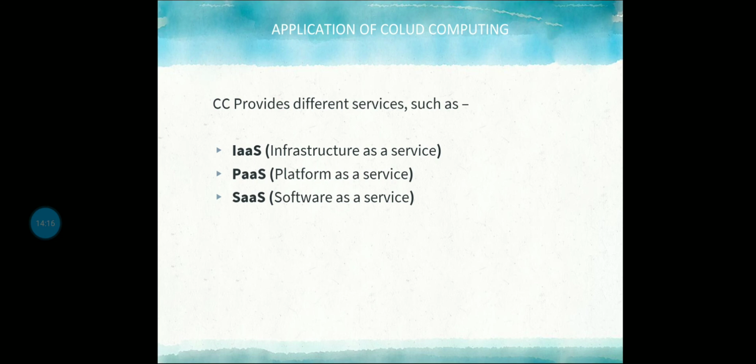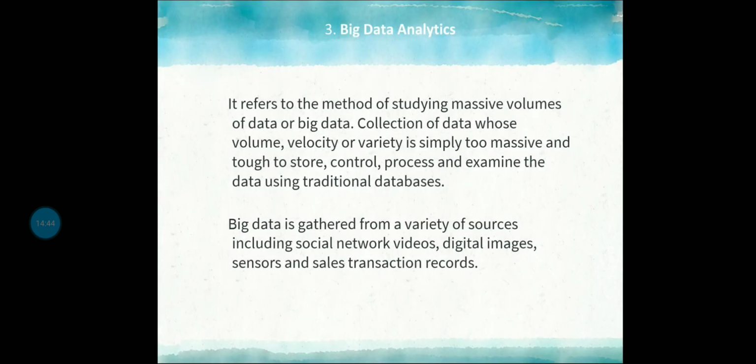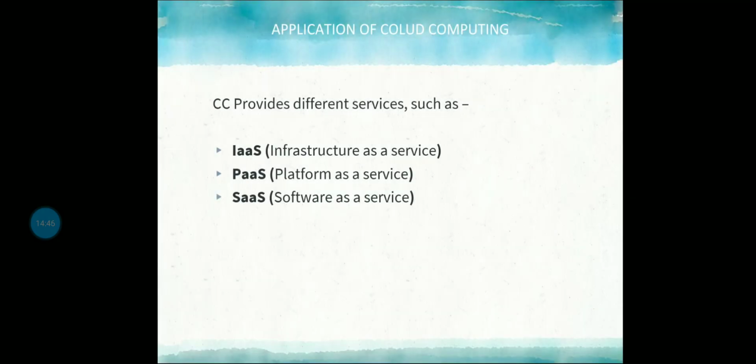Okay, so these are the types of cloud computing, and the third one is Software as a Service. It involves the license of the software application for the customer. Licenses are typically provided through a pay as you go model. Okay, so on demand you have to pay for any of the software. So this is Software as a Service, Infrastructure as a Service, and Platform as a Service. So this is all about cloud computing.